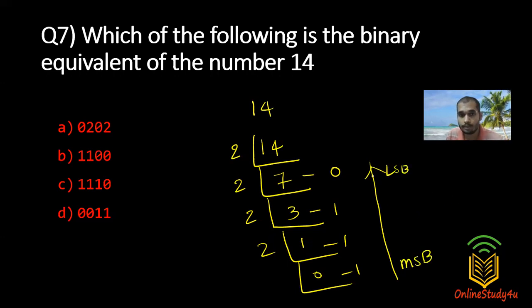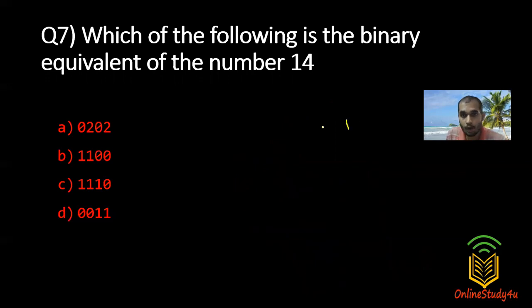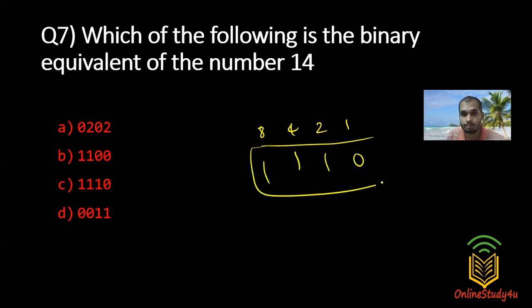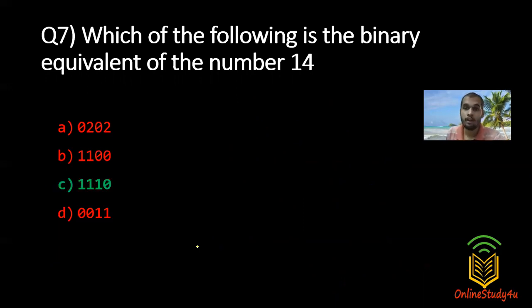So this is the most significant bit and this is the least significant bit. So the 14 that is in decimal form, in binary form is 1110. So you can represent it like this. You can also just write 1 2 4 8 like this. If you want to write 14, write 8 plus 4 is 12, 12 plus 2 is 14. You have to put 0. So that is nothing but option C is the answer. It's very simple. It's child's play. Any fourth standard kid can do this. So option C, 1110 is the answer.